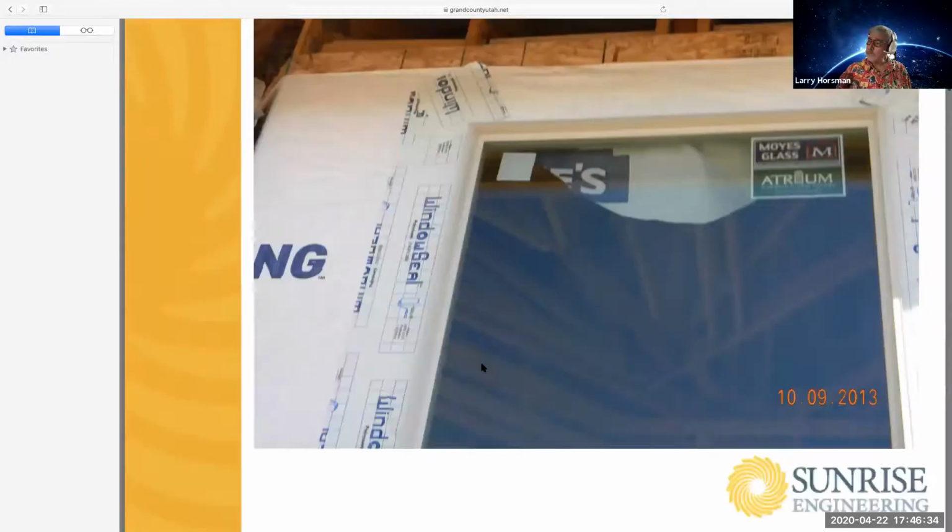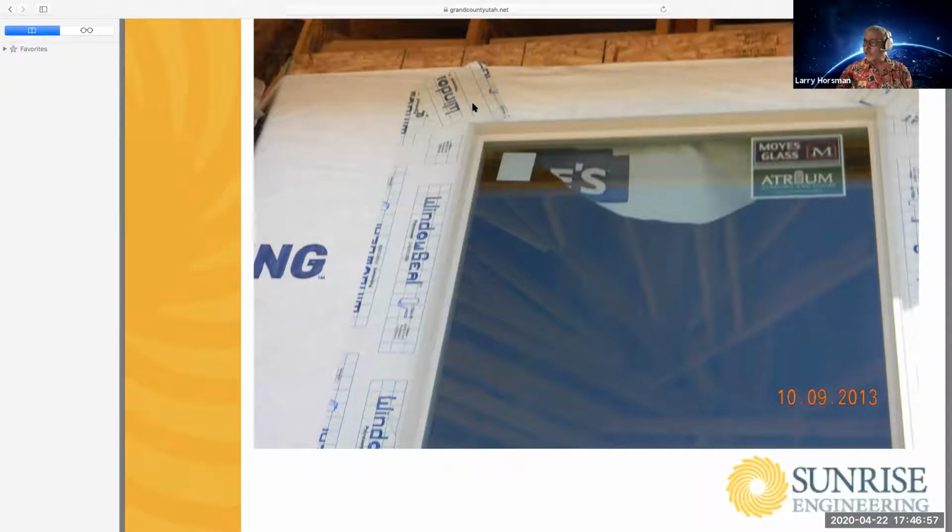Going to be talking about the windows. And again, you're just going to plan on the cheap. There's a number of ways to flash a window. If you buy a window these days, though, you're supposed to install it per the manufacturer's instructions. And so what that means is, in most cases, you can't use the cheap